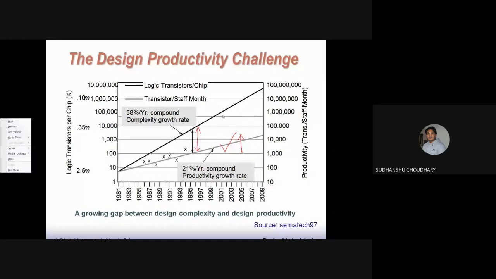Now to overcome this gap, as we said, either one has to improve or increase the skilled manpower, or one has to find out ways by which the chip can be designed in a shorter time, okay? So that the labor cost can also be brought down and time to market can also be achieved. Right? So labor cost obviously depends upon the number of people who are working to design a chip, right?